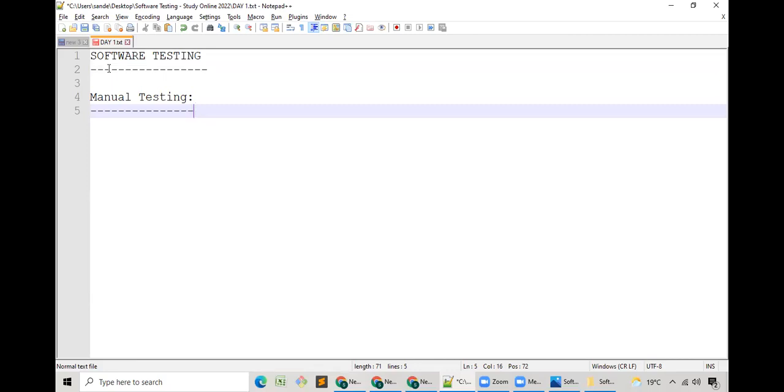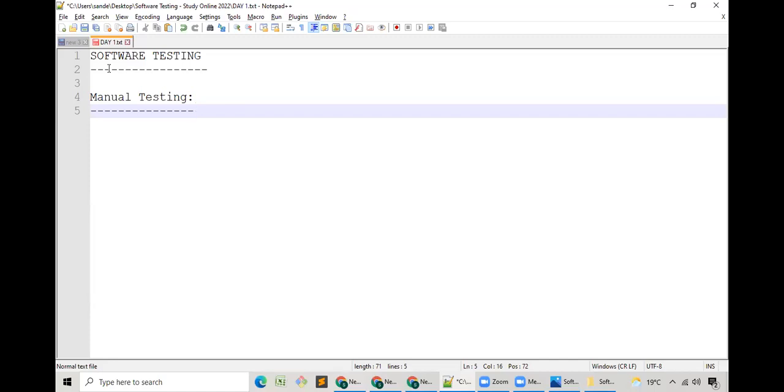Sir, why, sir? It's pretty simple. Whenever you want to purchase a dress or whenever you want to purchase a bike or car, don't you think you'll be having a test drive? Will you agree with my point? Bike or car test drive. When it comes to clothes, don't you think you'll go for the trial room and wear the dress? If it is looking nice for you, then you'll buy. Correct, right?